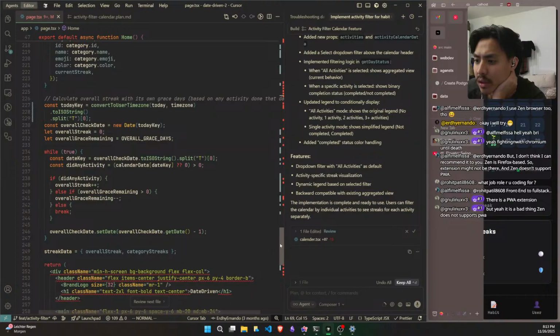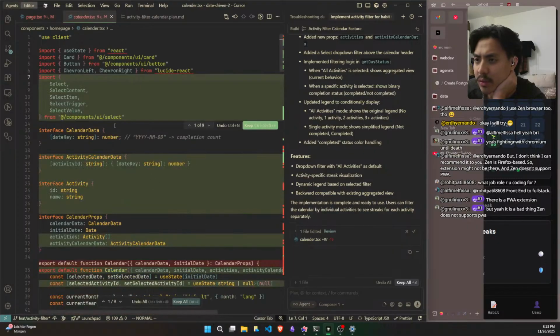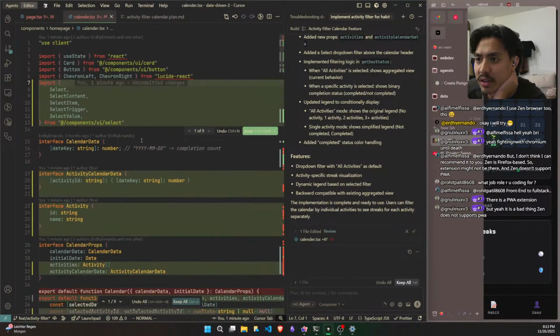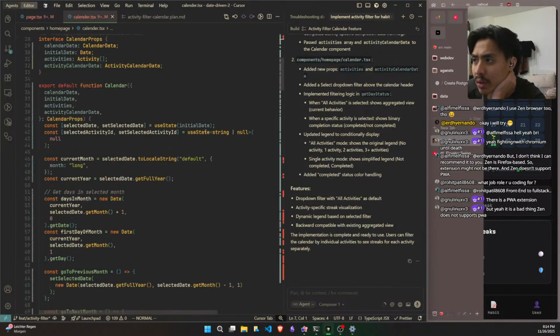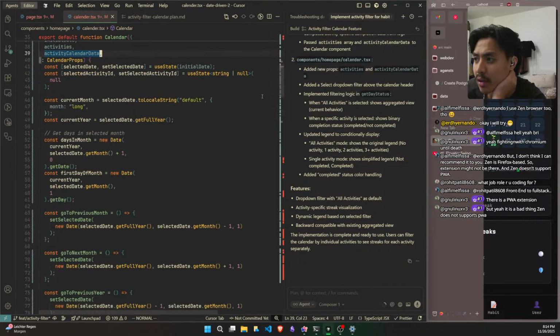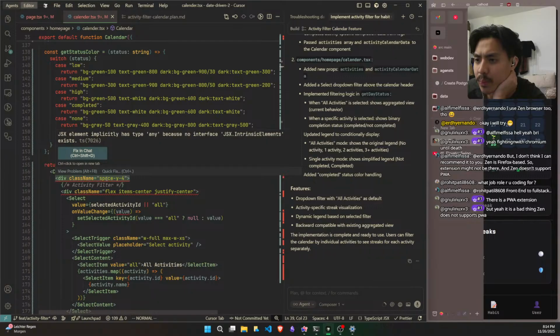That is a lot of errors. I don't understand why it causes a lot of these errors. So okay, this is the calendar. That's a select. Adding those. Nice. Okay, there's a lot of errors, but it's a div. What do you mean it has implicit type any?